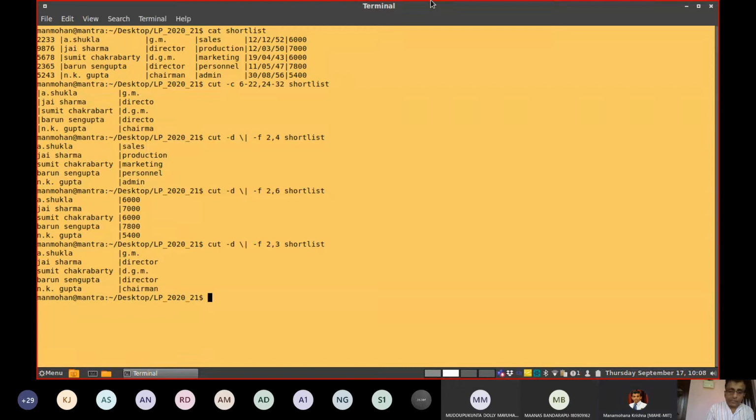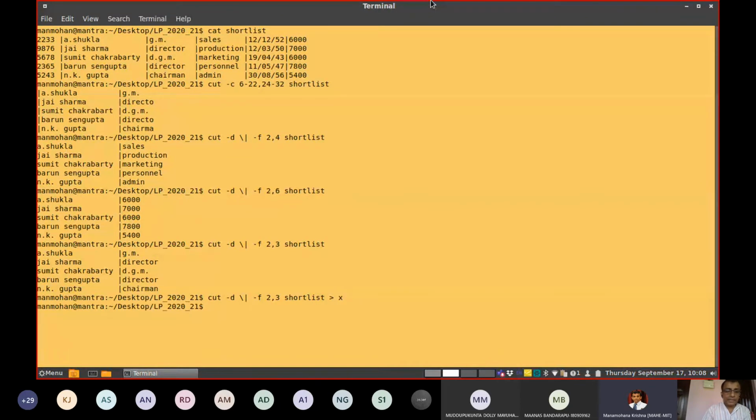And instead of displaying these fields on the screen, sometimes you can redirect the output to a file.